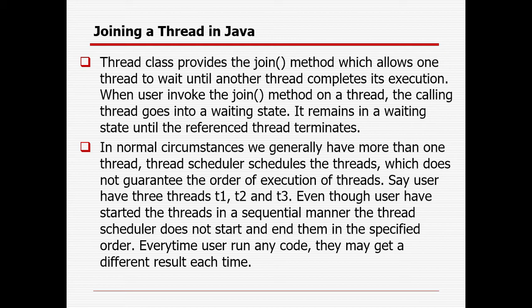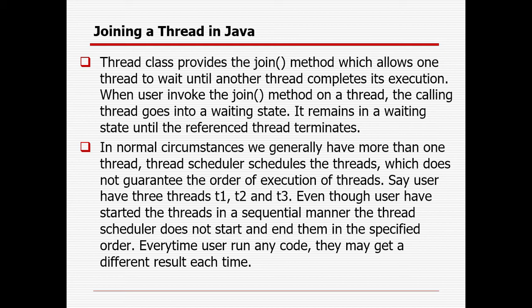Whenever you are creating multiple instances of a class which either extends the Thread class or implements the Runnable interface, and you start those instances, obviously multiple threads will come into the picture. But you will never know which thread is running first and which thread is running second. And if you want to make one wait, you will not be able to do it. All the threads will start and end based on the scheduler.